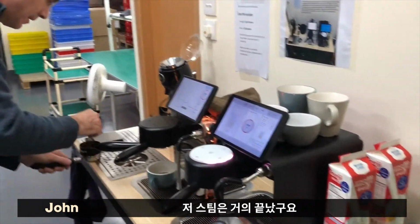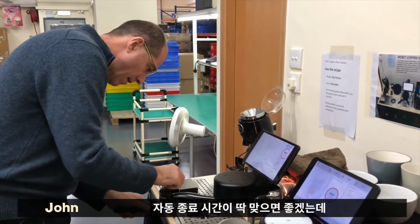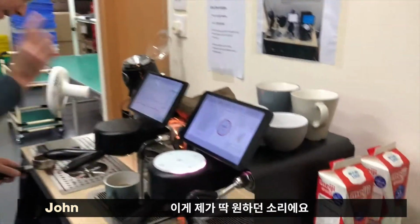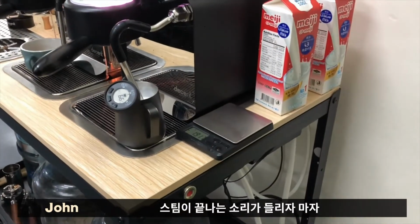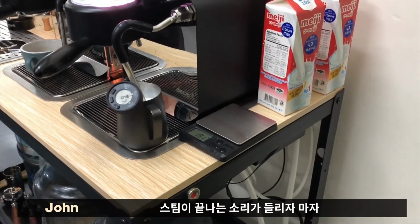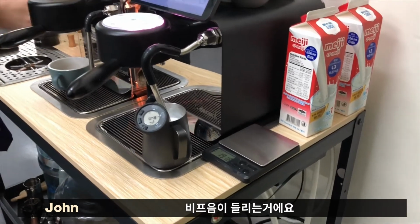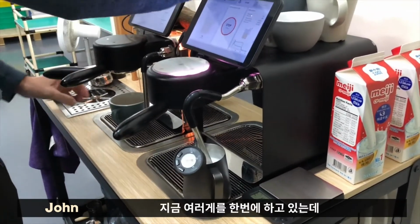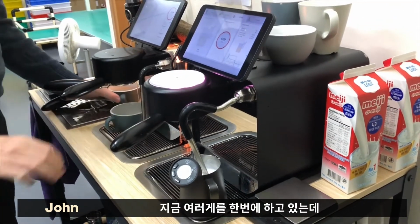Okay. That steam is almost done. I'm hoping it's going to time out, which it has. So that's exactly what I want to hear. I want to hear the steam stop, and just as it stops, it starts to beep. So that's pretty awesome when that happens. Now, I kind of have my stuff together right now, so...